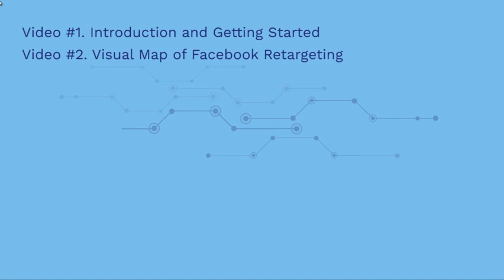A lot of times people jump straight into showing you how to set things up. But unless you really understand how everything fits together, what connects to what, it's really going to become confusing. Because if you set things up like an email opt-in retargeting campaign or a blog post campaign, or a purchase retargeting campaign, every one of those is different. So once I show you the basics via a visual map, that's when we show you some real life examples